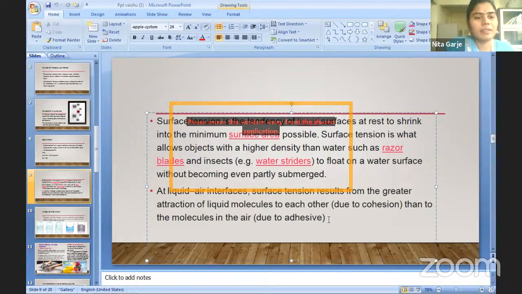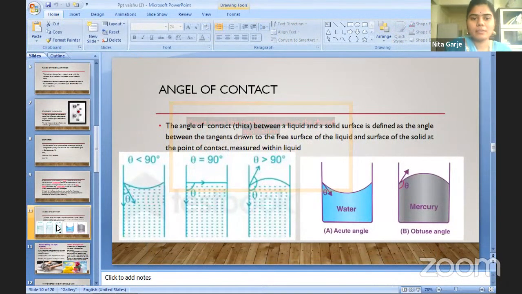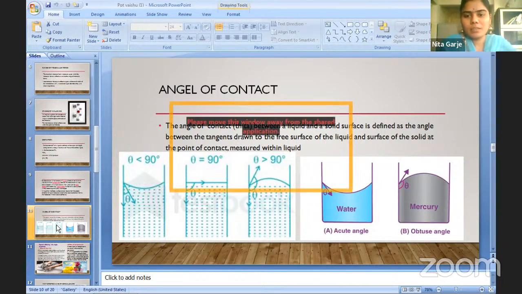Now, next is the angle of contact. It is the main part of all these things, surface tension and all. Because of the angle of contact, we have seen the different types, firstly we see the curve nature of the mercury and kerosene when we take them in